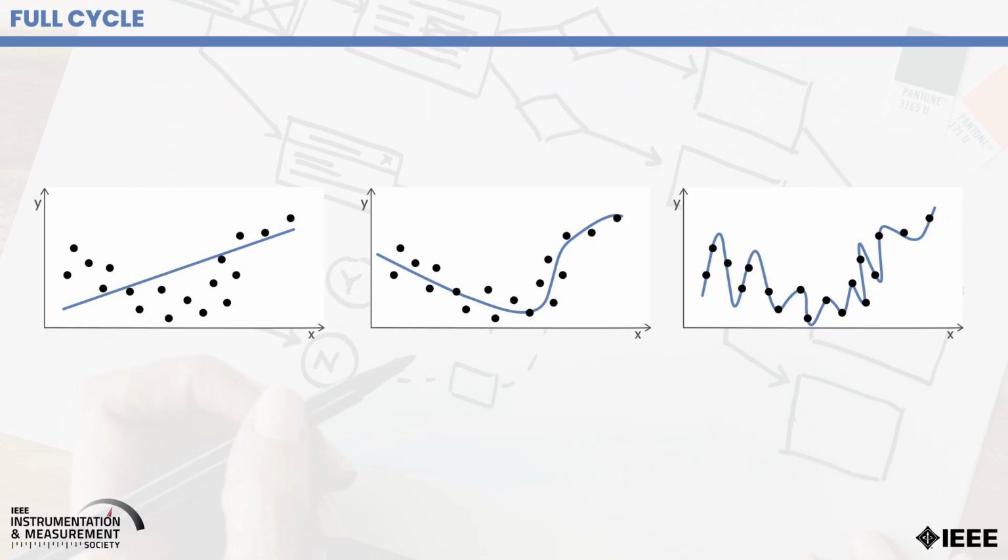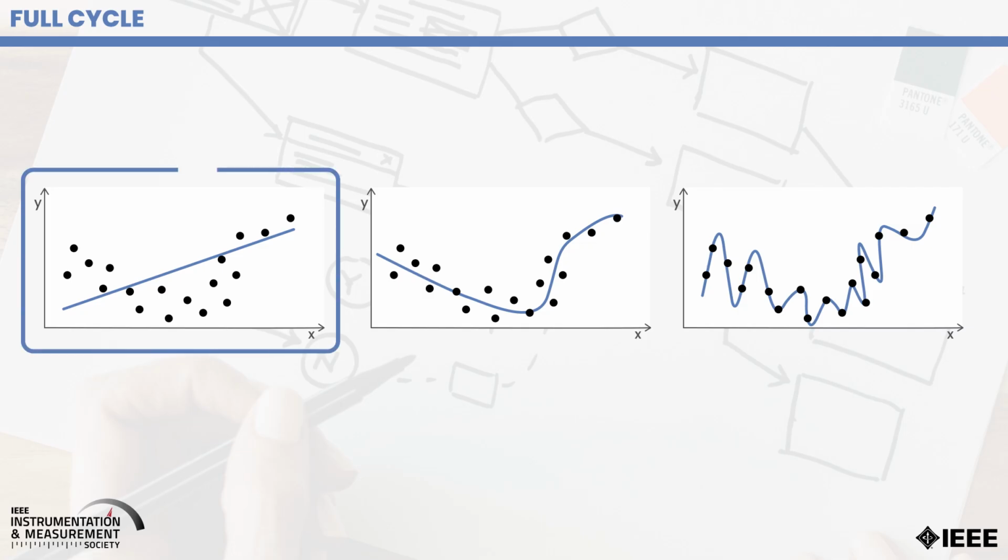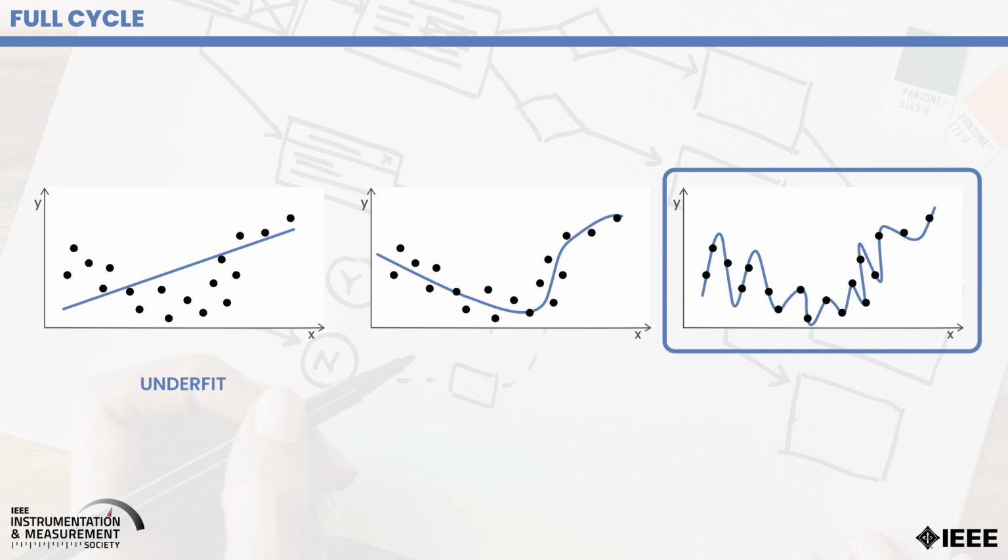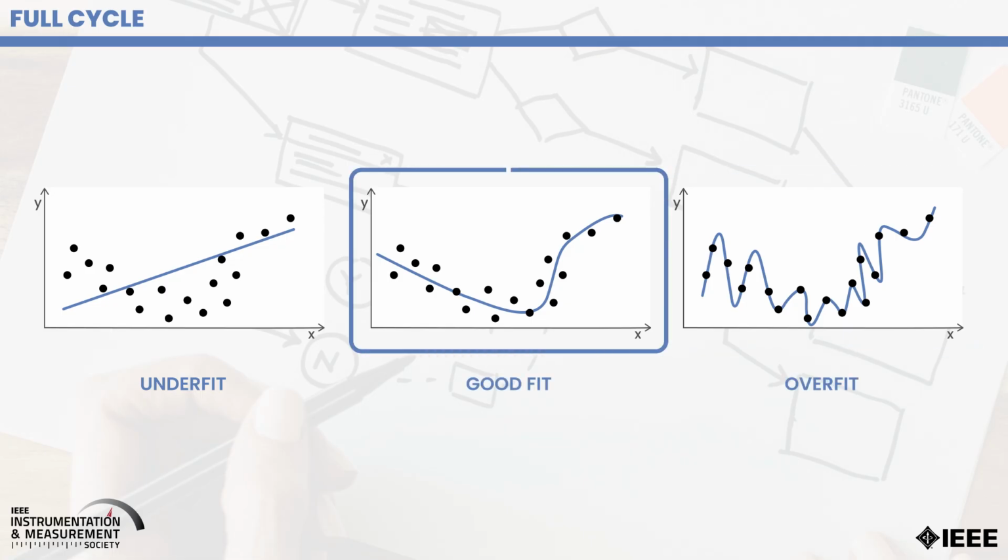Here I'm showing a diagram of how that plays out. So here the black dots are my data set, which you can see are exactly the same in all three diagrams. The blue line is the f hat, and here you can see that f hat is doing a very bad job, obviously. So we say in this case the model underfits and it's biased. The other end of the spectrum, we can see that here f hat is matching the points too closely. It's not only matching the points, but it's also matching the noise in it, which we don't want. So in this case, we say that the model is overfit and has a high variance. What we want is something like this, which hopefully will be generalizable.